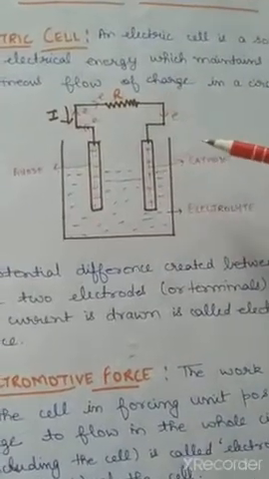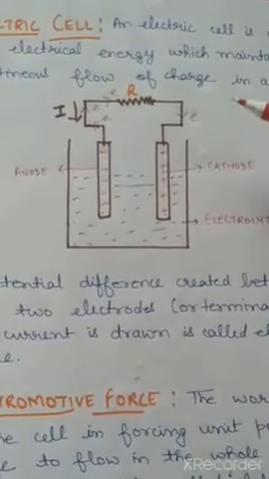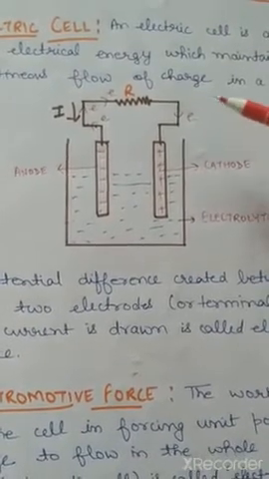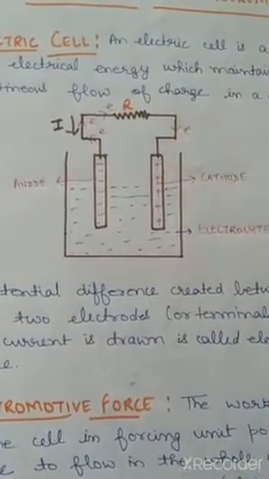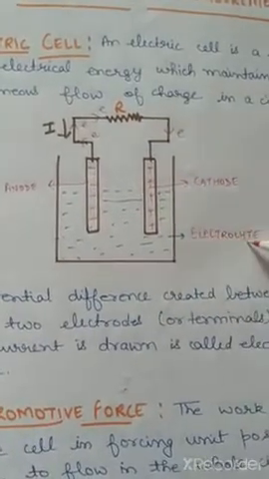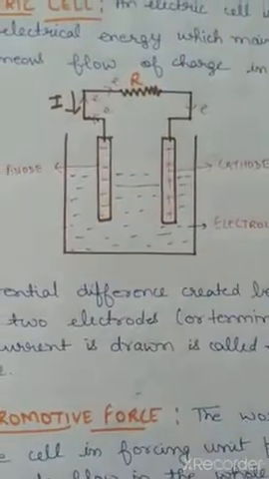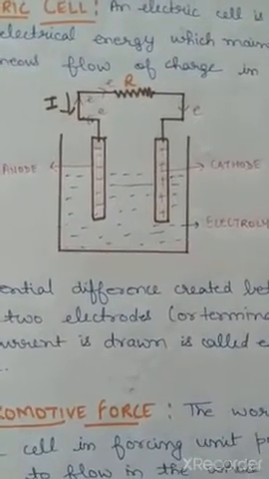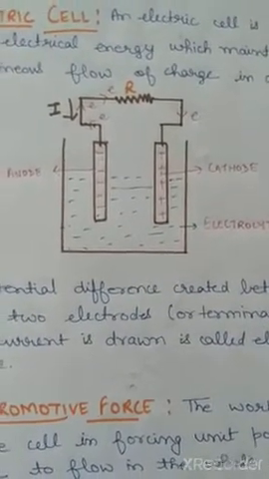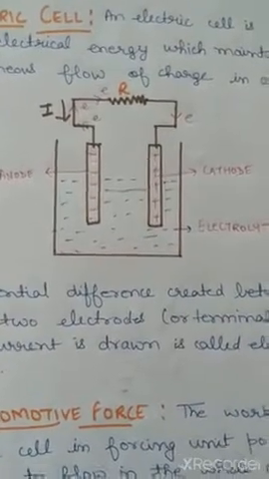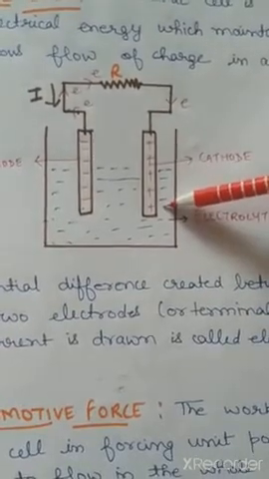Now this is a simple diagram of an electrochemical cell. In this we know that there are two electrodes, one positively charged and the other negatively charged. The negatively charged one is the anode, the positively charged one is the cathode, and they are dipped inside an electrolyte. Now, due to the chemical reaction taking place inside the cell, that type of reaction is a redox reaction, meaning oxidation as well as reduction, due to which one rod becomes negatively charged and one rod becomes positively charged.